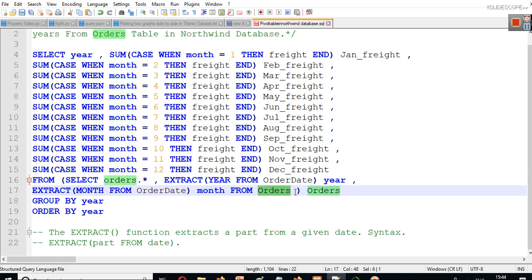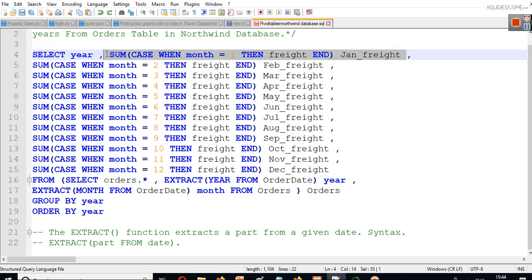Okay, so this is our explanation for this month variable, the month that we are using. And if month is equal to 1, then we will call this column, in which sum is selected, Jan_freight, which is January freight.